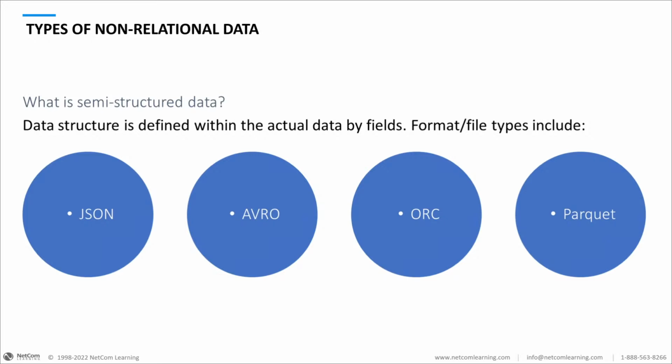The types of non-relational data that is possible: there's a lot of different types of data that we can store, and a lot of different systems that can store it. But when we're looking at non-relational data, it's also going to be referred to as semi-structured data. So it's not quite as structured as a relational database. It's not normalized. It's not tailored specifically for tables. It's just sort of semi-structured because there is a little bit of structure in it.